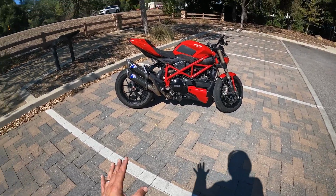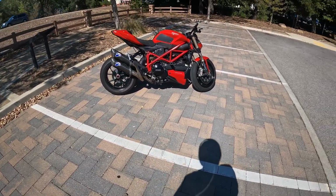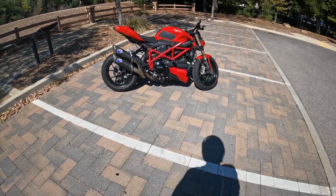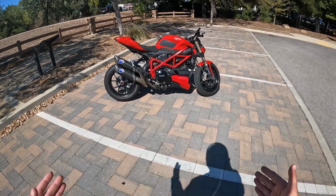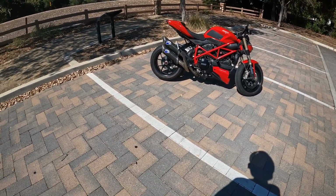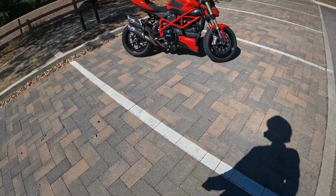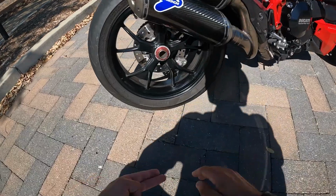I mean, everybody loves the 1098. It's a wheelie monster. It's a powerhouse. It's a naughty bike. This bike is a little bit more, I feel, balanced, comfortable, and handles better. So there are some pluses about this bike over the 1098 in my opinion. So that's number 1. And that leads me to number 2, that we have these Enkei